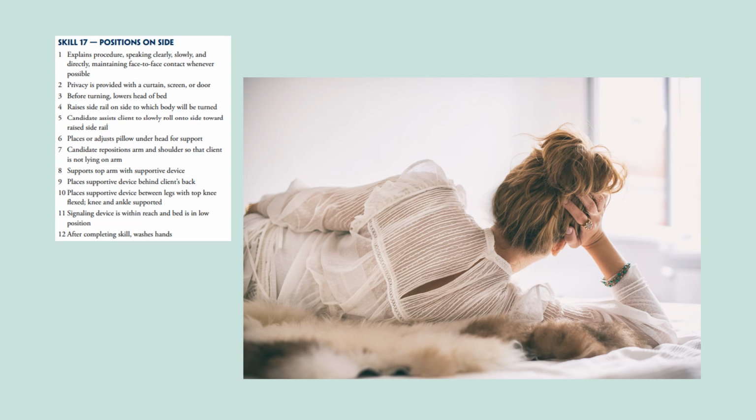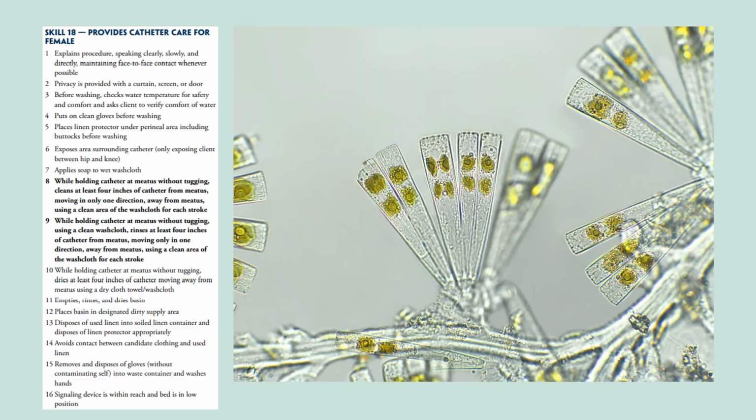The candidate must adjust the arm and shoulder so that the arm is not under the body and to show the evaluator they've considered the position of the arm and shoulder. Even if the arm is not under the body, touch the arm and or shoulder to show that you know this is important. The candidate must position the pillows as described in steps 8, 9, and 10. As with most skills, the final steps require a bed low position and signal device within reach.